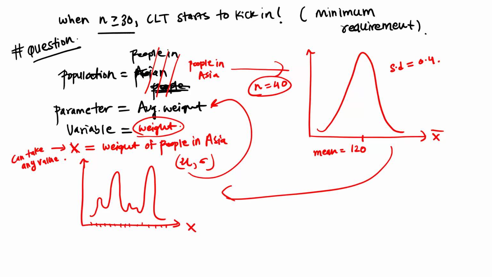From the sampling distribution. So this side, the left side, you don't know anything, right? We just want to see what shape it is, what the mean is, and what the standard deviation is. The mean is the parameter. The standard deviation tells you about the spread. Now, what do you guys think?